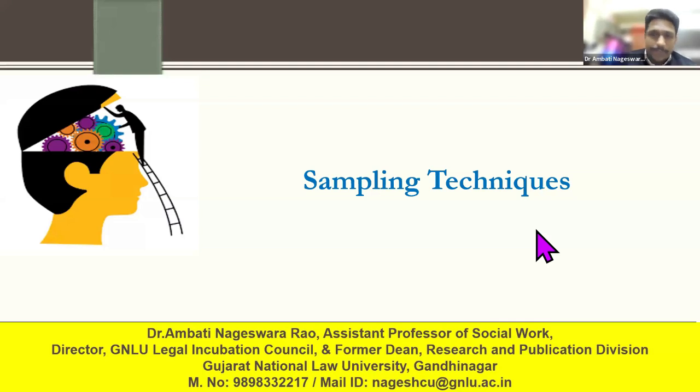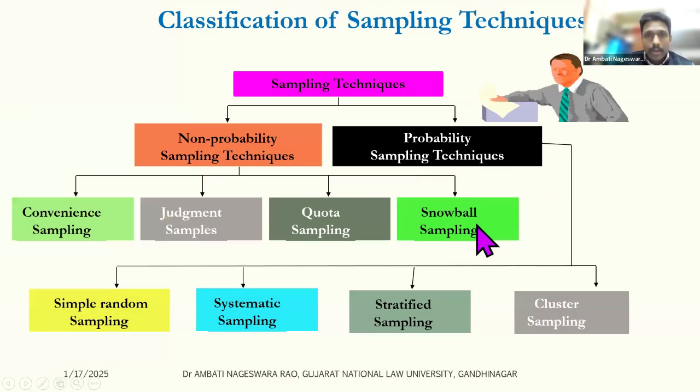So we are coming to the next part, sampling techniques. I'll just give the overview of what are the sampling techniques one can use. It is very clear that as a researcher, we cannot collect the data from the entire population that you want to study. So we are going to collect the data from a small sample, and based on the data that you collected from the small sample, you start giving inferences to the rest of the population. So that is the main objective of the sampling method.